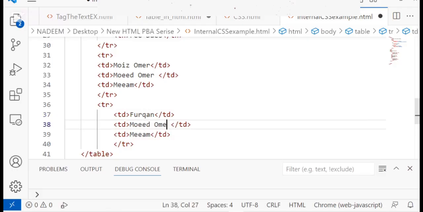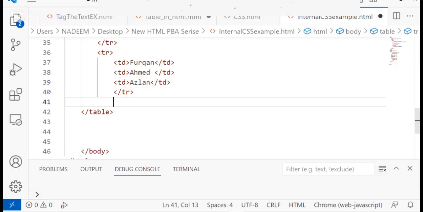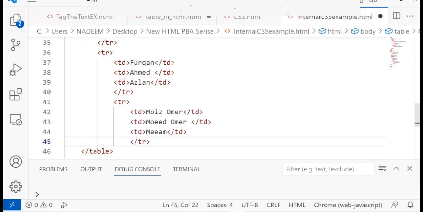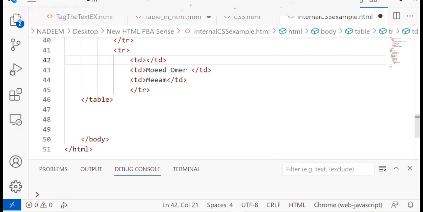You have to write like the name of student and then fee dues and all things that are mentioned in your table heading. But here I'm just going to write the names of my students. Okay, so after that we will just run this program and then we will see what will happen.